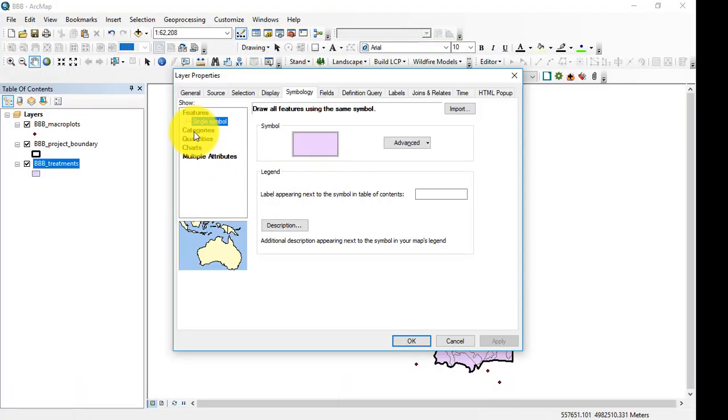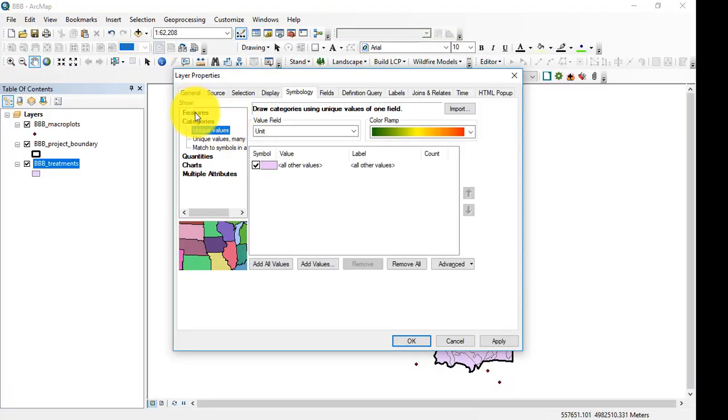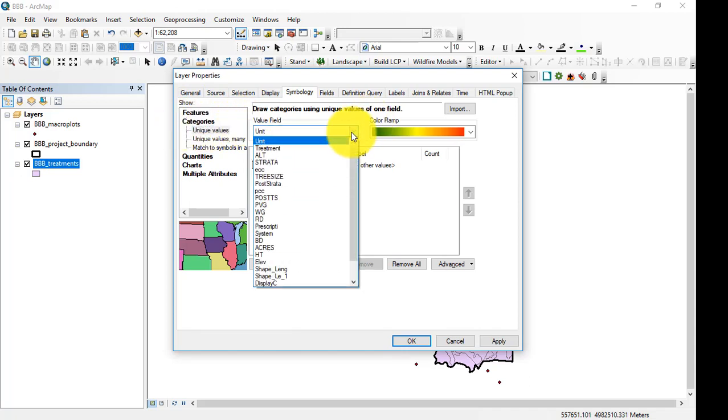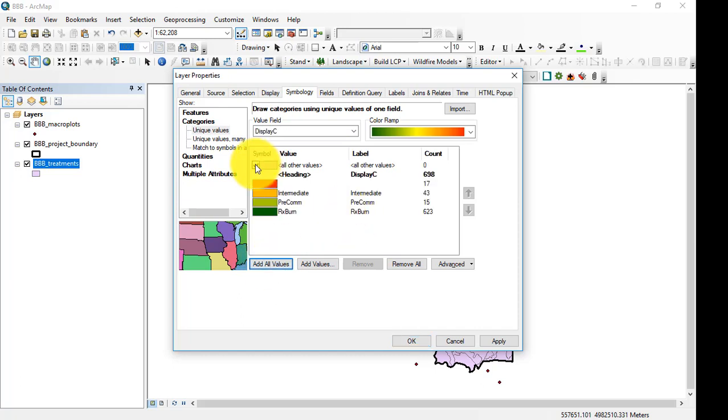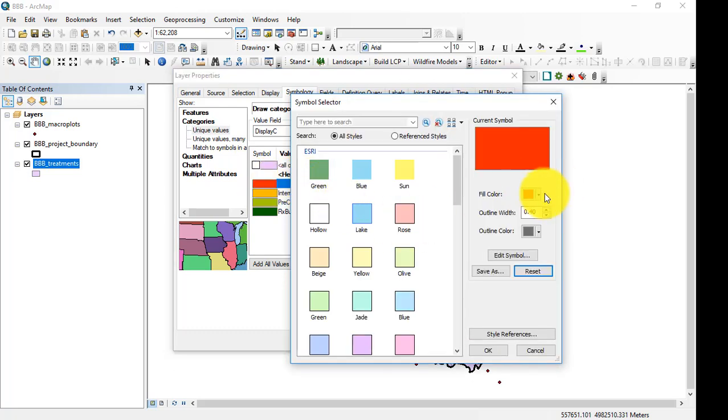So first I'm going to go to categories. Instead of showing just features, we're going to click categories, and then we're going to select display C. So this is going to show the options for alternative C, and I'm going to select add all values. I'm going to uncheck all other values and match this as much as possible. This one is not represented in the map from the environmental assessment, so I'm going to make this one gray